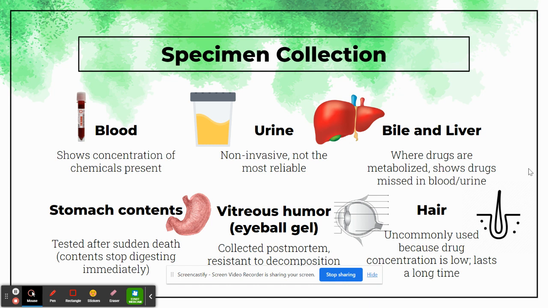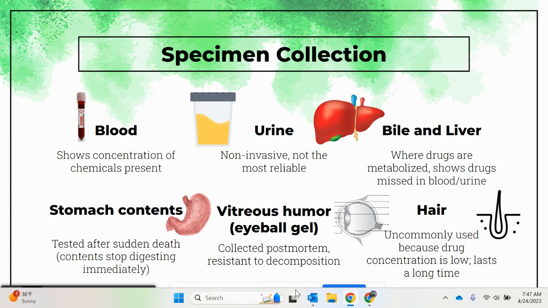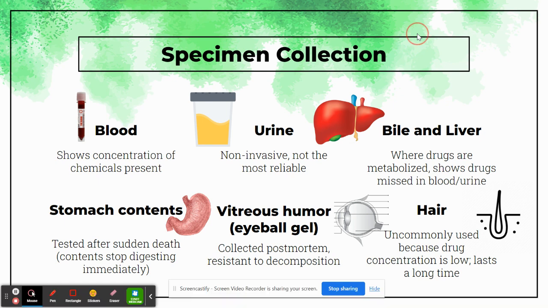So when we look at specimens that would potentially be taken for someone who maybe has consumed something and we're trying to determine what is inside of their body, one of the first specimens that we'll look at is going to be a blood sample. These are pretty easy to collect, as long as someone is hydrated enough to get a blood sample from them. And blood is also nice because it will show you the concentration of how many drugs are present inside of that person's bloodstream. So it's not only showing you what is there, it's showing you how much is there. So it's a really accurate representation of what that person has consumed.